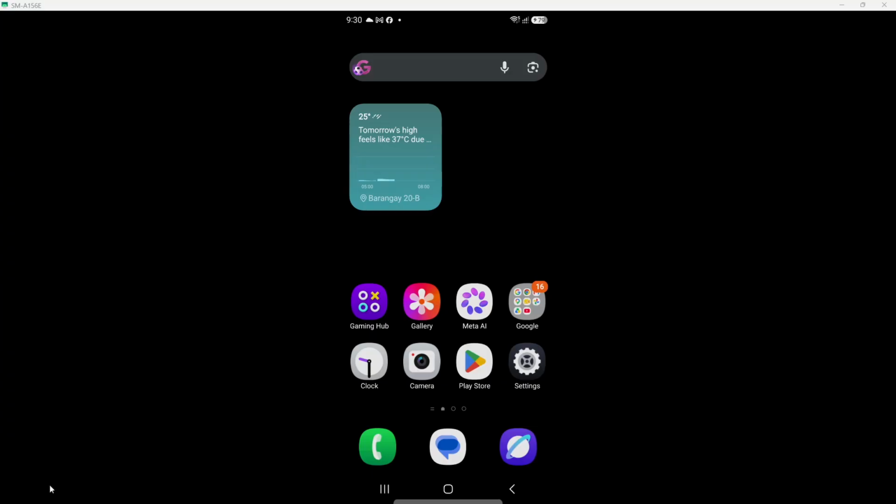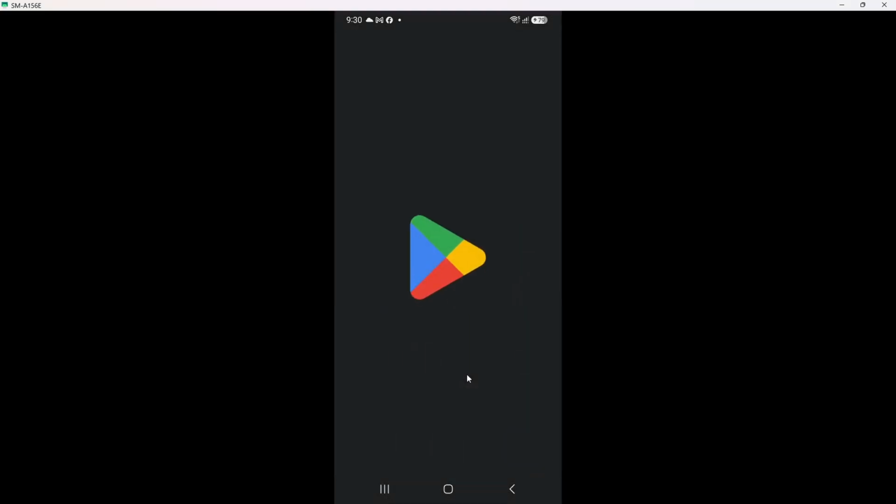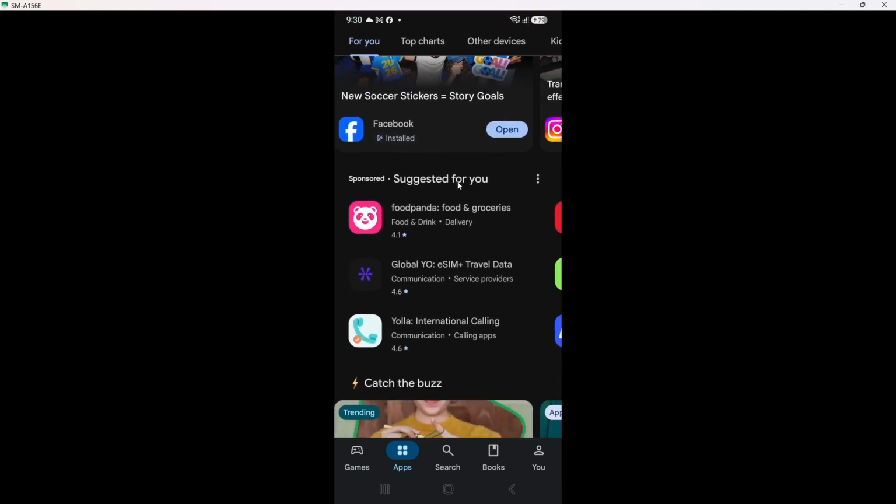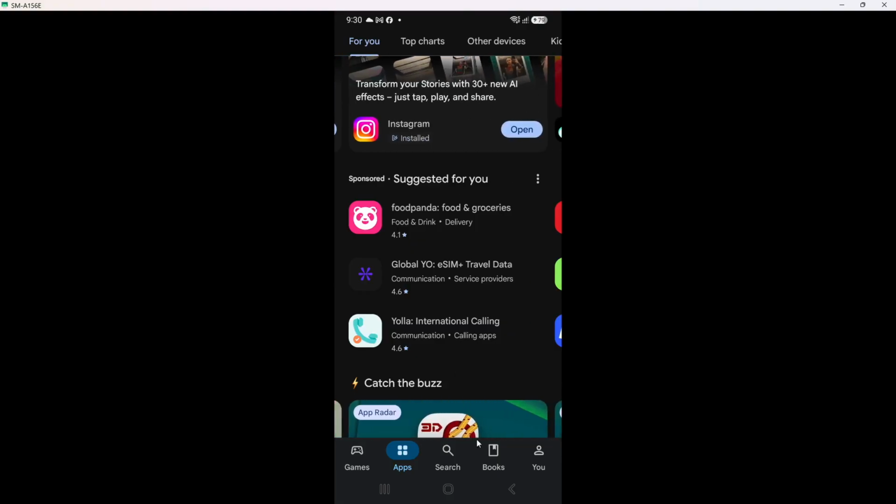First, open the Google Play Store on your Android device. This is the app with a colorful triangular icon. You can usually find it on your home screen or in your app drawer. Once you tap on it, the Play Store will load, displaying a variety of apps and games. This step is crucial because the Play Store is the official source for downloading apps, ensuring you get the latest and safest version of DuckStation.